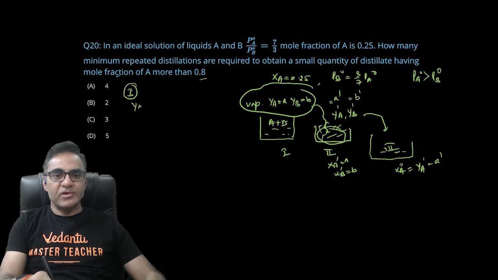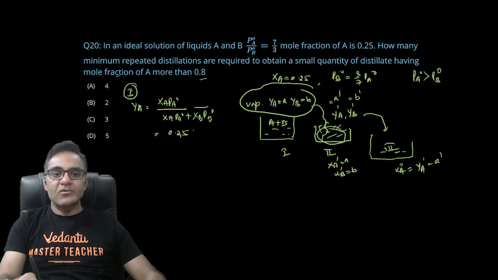ठीक है, तो हम क्या करते हैं, कंटेनर 1 में वेपर फेज में मोल फ्रैक्शन निकाल लेते हैं। तो वाई ए होता है एक्चुअली एक्स ए पी ए नॉट अपॉन एक्स ए पी ए नॉट प्लस एक्स बी पी बी नॉट, राइट। यहां पे वैल्यू रख दो आप, 0.25 दिया हुआ है इंटू पी ए नॉट प्लस 0.75 हो जाएगा बी का इंटू पी बी नॉट, और पी बी नॉट मैं निकाल चुका हूं 3/7 पी ए नॉट